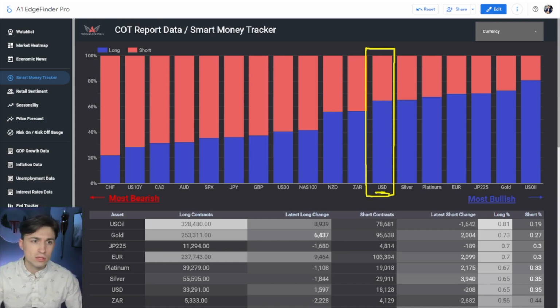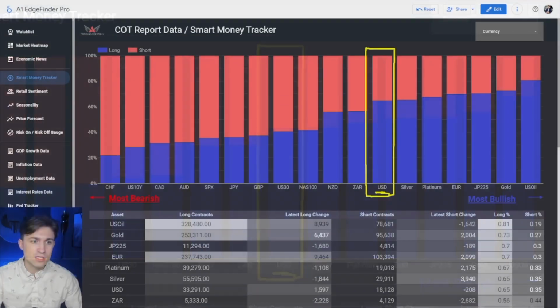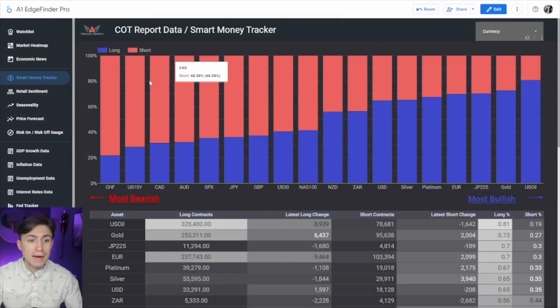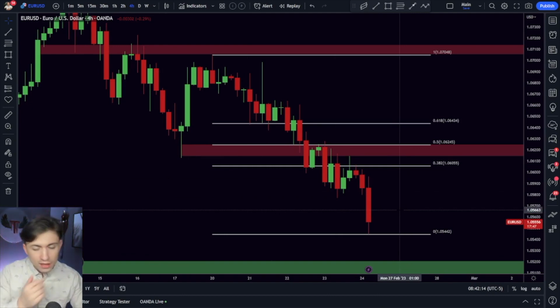You can actually see we're looking at the COT report data, and according to the non-commercial data, institutional money is approximately 65 percent on the long side. This is an interesting red flag to try and go against the dollar right now, as big money seems to be piling into it. So I like euro dollar short, I like dollar yen long,